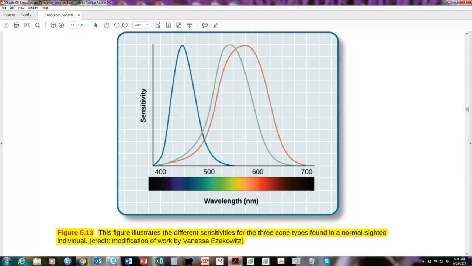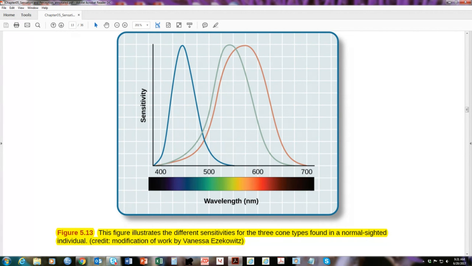But you can also see that that's not the best stimulus for, let's say, the blue cones. The blue cones are going to be maximally stimulated about here at about, say, 430 or so. The green cones about 530 or 540, and the red cones you can see right around 600, or no, it's more like 570 actually, about 570